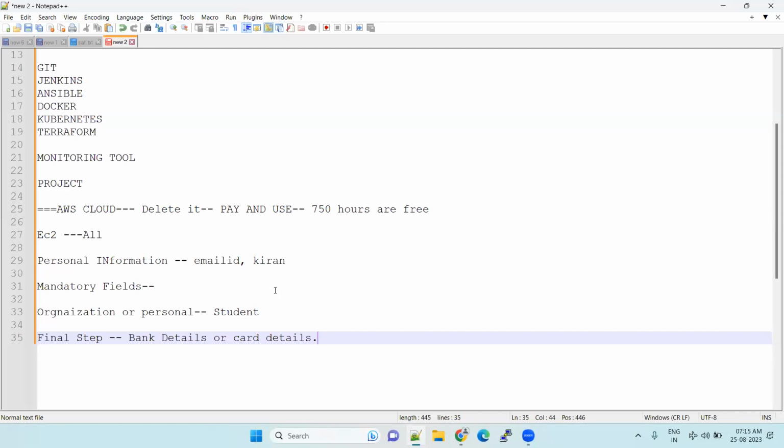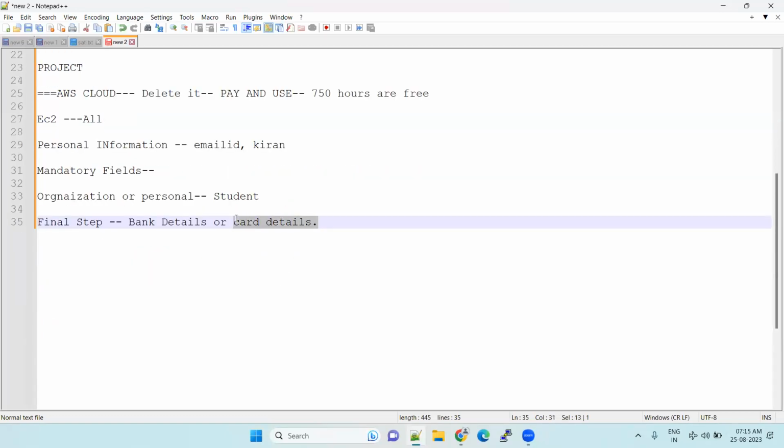In those cases, AWS wants to make it more secure, so they want to take the candidate's information, the information of the person who sets up the account. So in the final step of account creation, they are asking for your card details. Once you enter your card details, only a few card types like Visa are supported. Once you provide these card details, these card details